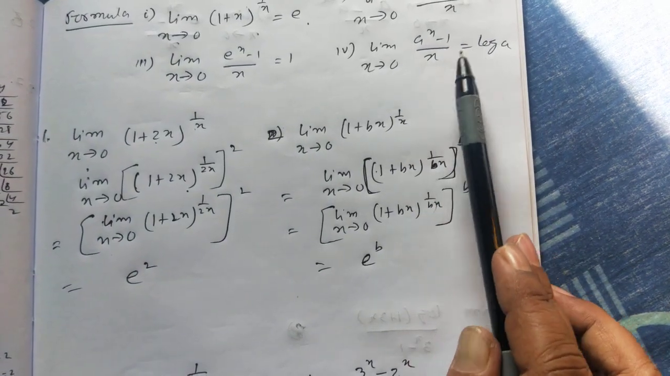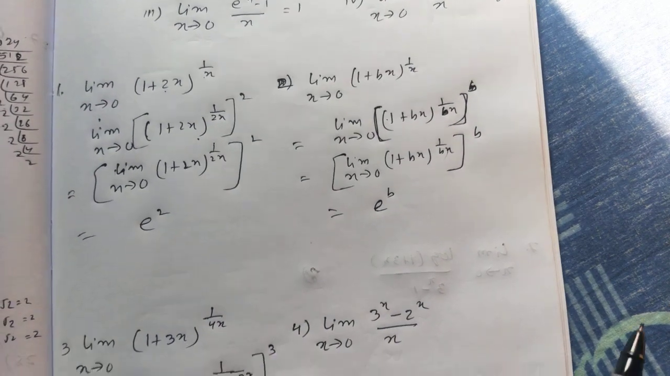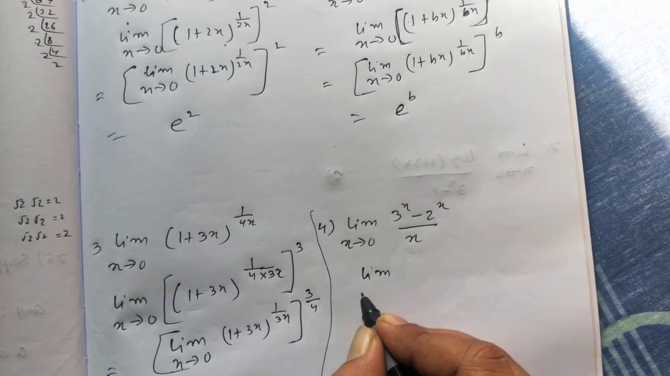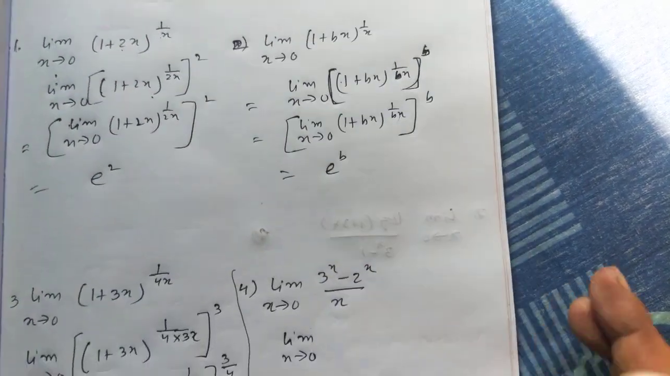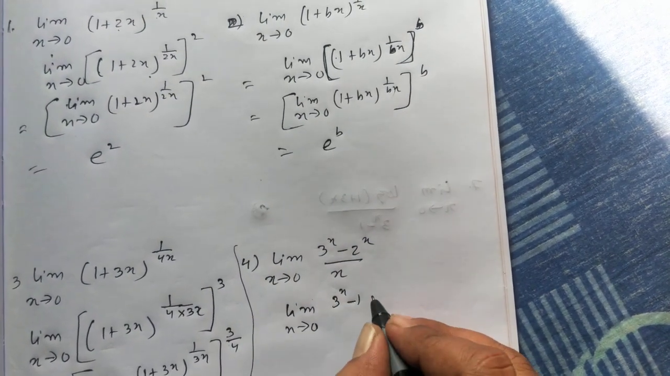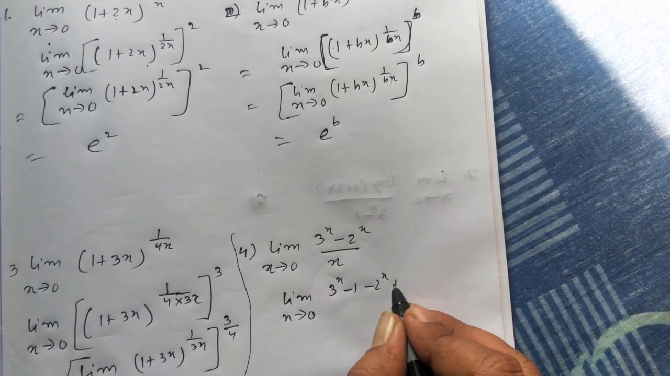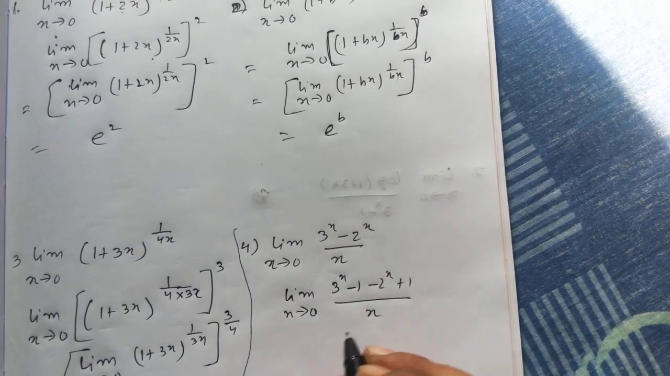Limit of (a^x minus 1) by x, as x tends to 0. I need a^x minus 1. So what I'll do: 3^x minus 1, I'm doing, minus 2^x. Since I'm adding minus 1, I have to add plus 1 also, meaning it will be the same, minus 1 plus 1 will be 0, by x. Now arrangement,